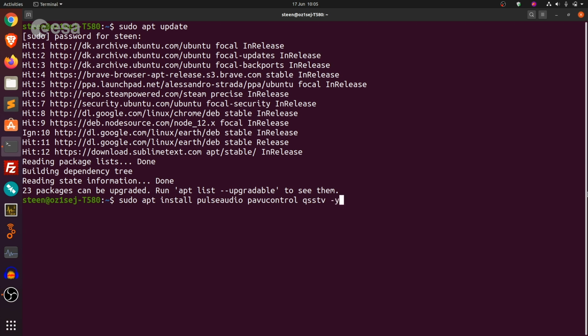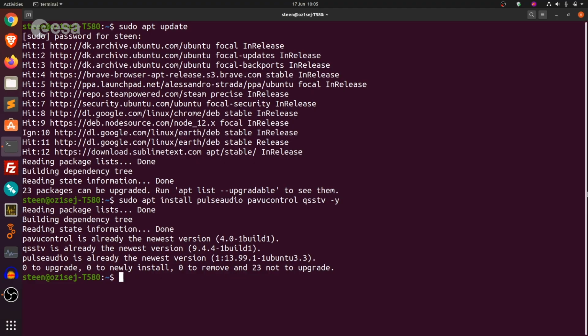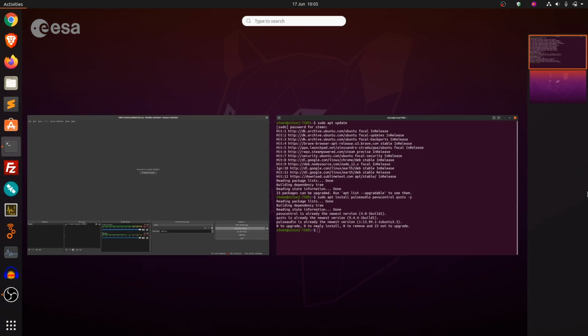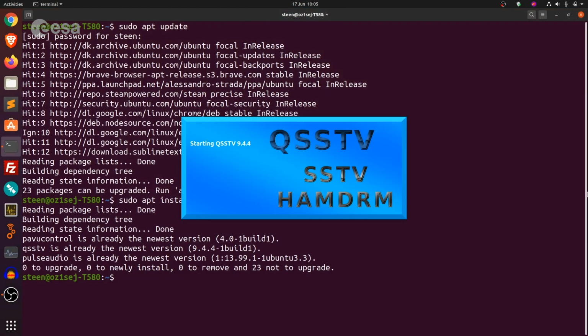And I like to add a -y tag here so I don't have to answer yes all the time. Now this takes a few seconds on my machine because I already have those programs installed. On your computer it might take a few minutes. But once it's installed, you can start QSSTV by pressing, for example, the super key and entering QSSTV, and it's